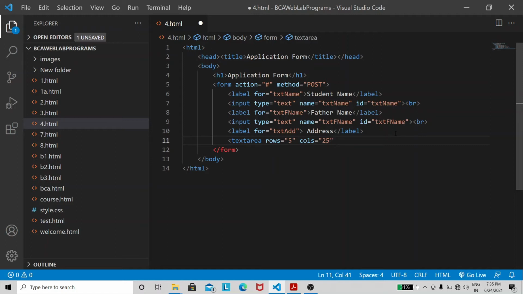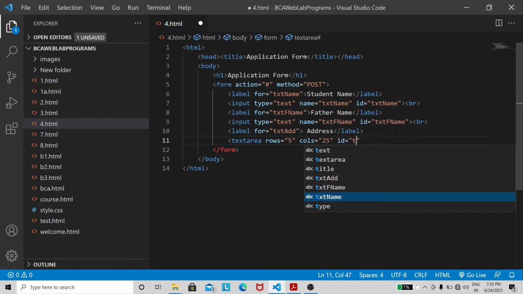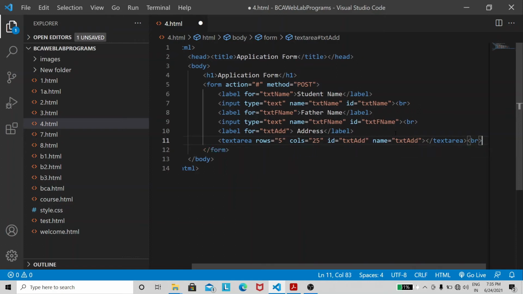So this is what the rows and columns attributes do. Next, I need to name the control txtadd. Done. Let's have a line break here as well.